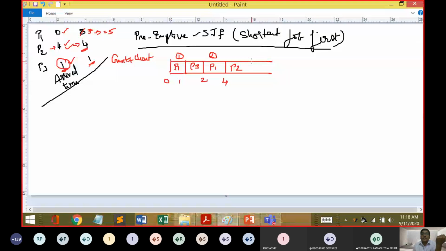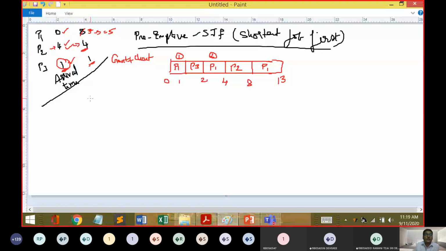Yeah, thank you. So now we are going to have only P2. P2 consumes up to 8 milliseconds, and finally there is no other job left. Again P1 will come into the picture, and it still has 5 remaining. So 8 plus 5 is 13. That is how we are going to compute the job here.